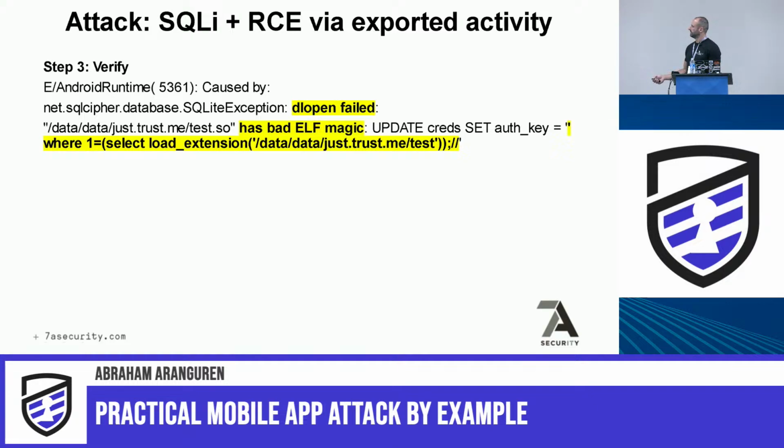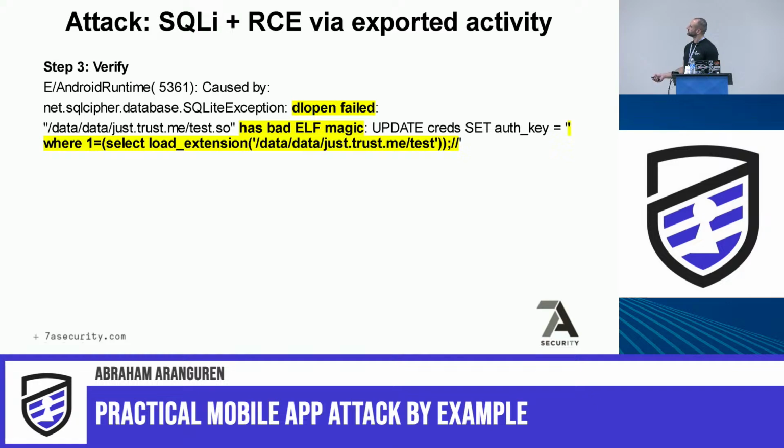So you can see SQL Cipher database, SQLite exception, dlopen failed, has bad ELF magic, right? So it's looking for the magic bytes in the binary, but it's basically trying to load it. And here you can see the resulting